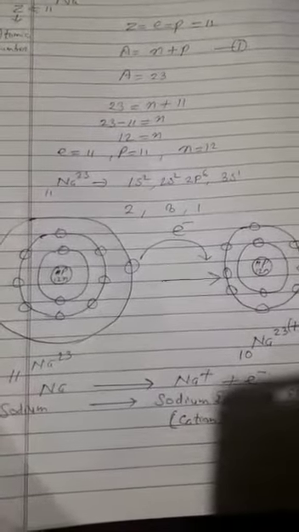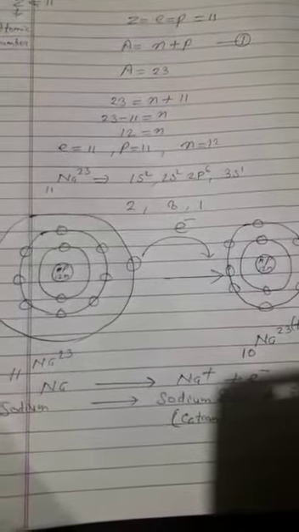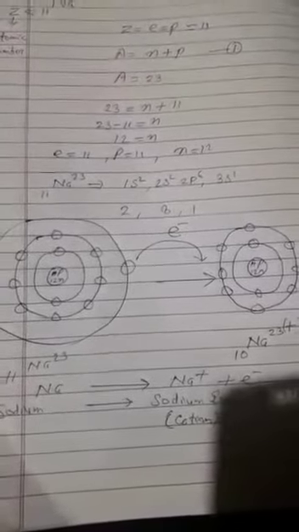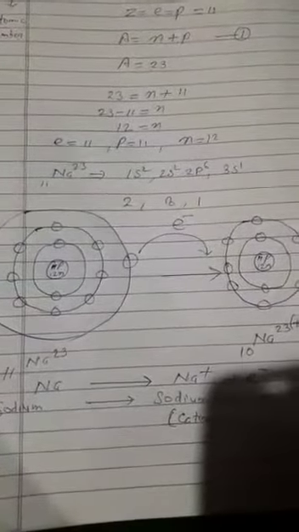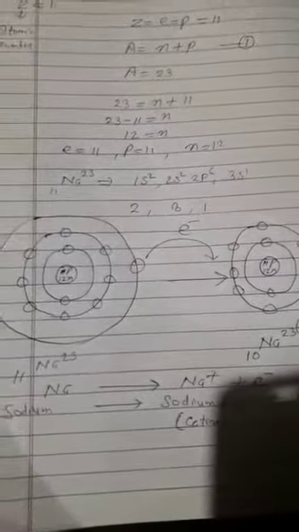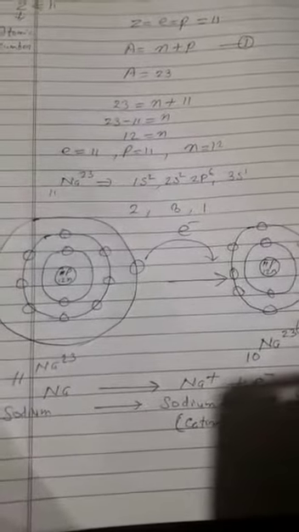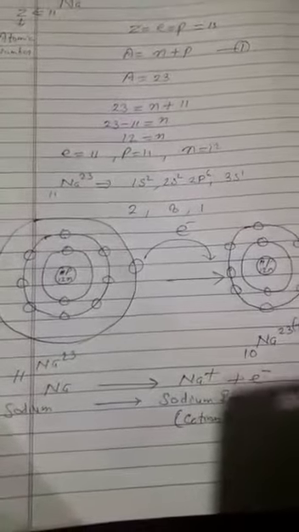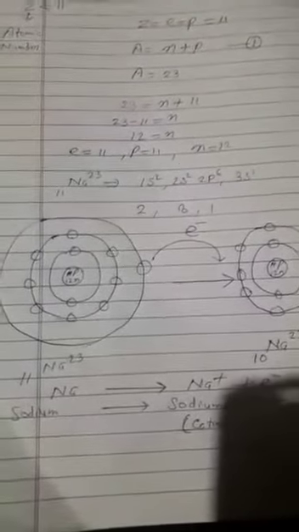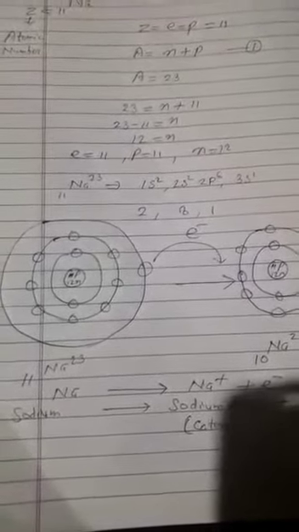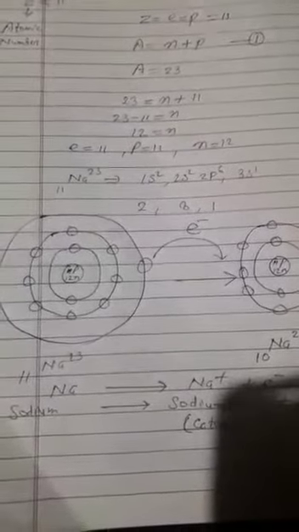And the outermost electron moves because the outermost electron has less attraction than repulsion from the other electrons. They repel the outermost electron, but the proton attracts less. Repulsion is more than attraction. This is the Zeeman effect. By that, the electron that exists in the outermost orbit, also known as the valence electron, moves.